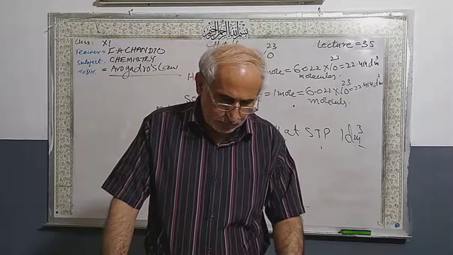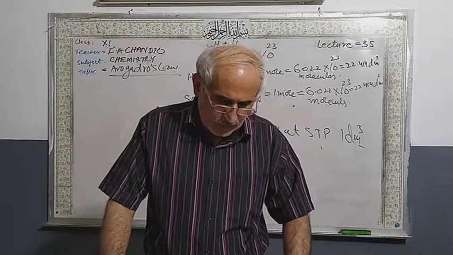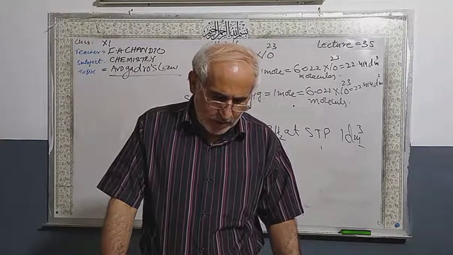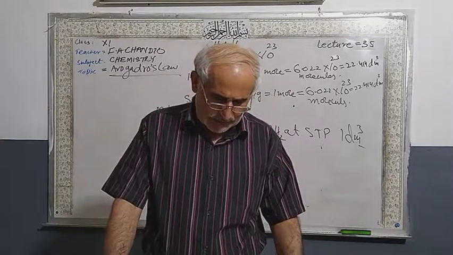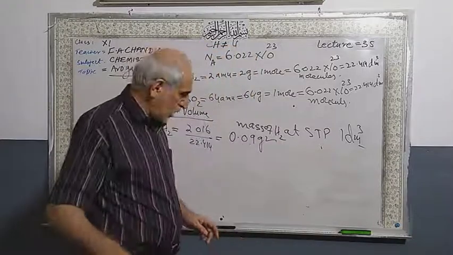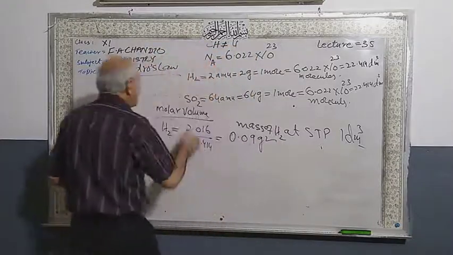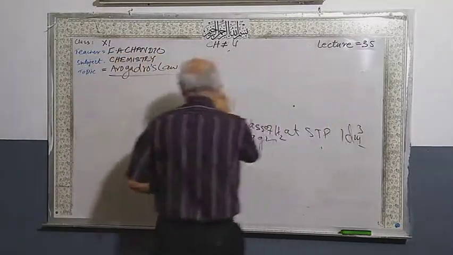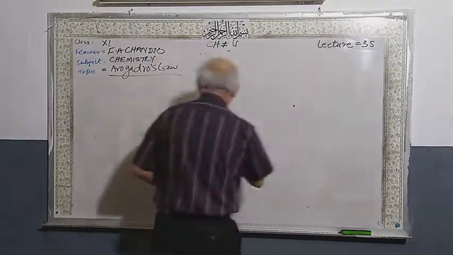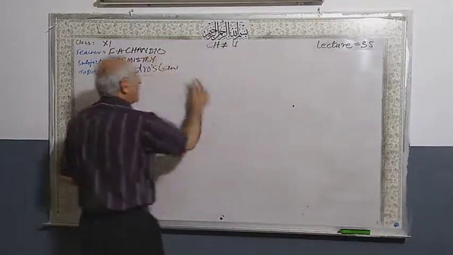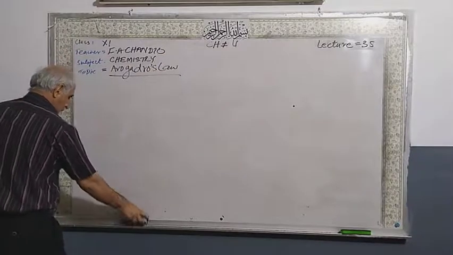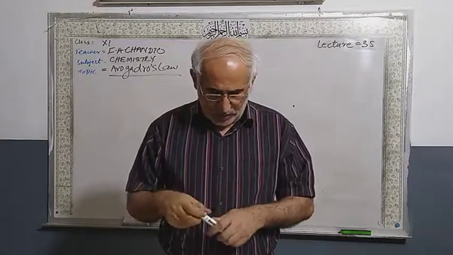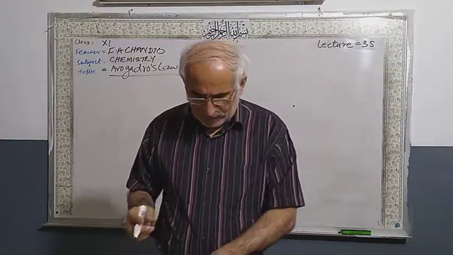Now students, the significance of Avogadro's law. Avogadro's law can be used to calculate the mass, volume, and number of particles. Number of particles we will also be able to calculate. Chapter number 1, you did this, Grade 9, you did also. Number of particles is equal to moles multiplied by Avogadro's number. Number of moles multiplied by Avogadro's number, we will be able to calculate the number of particles.